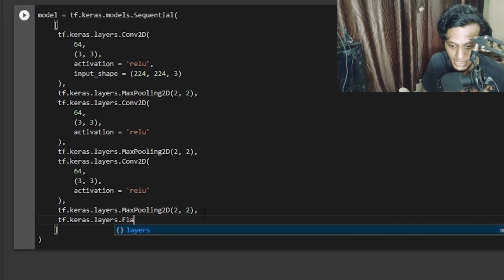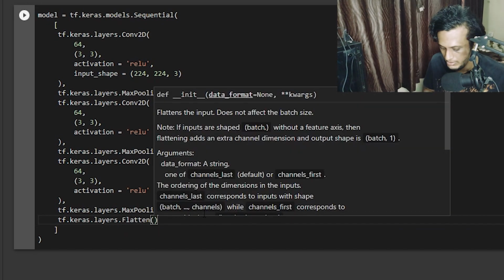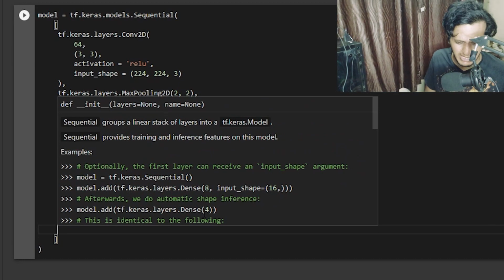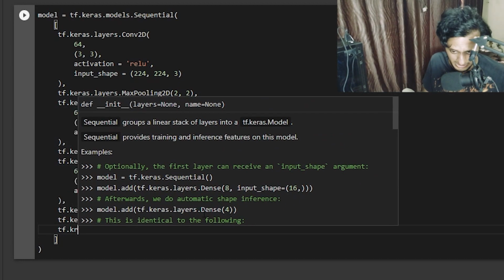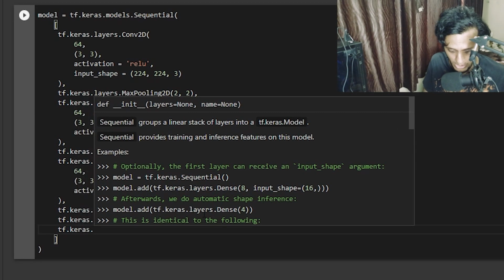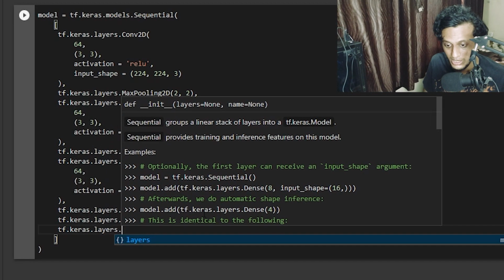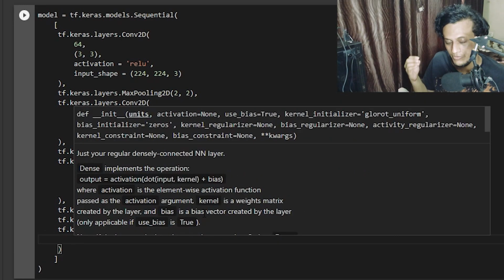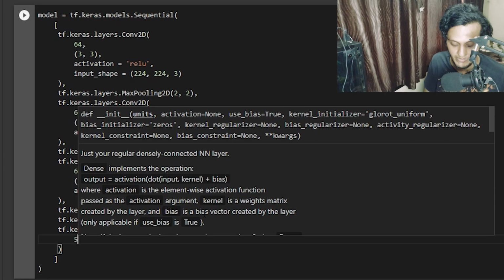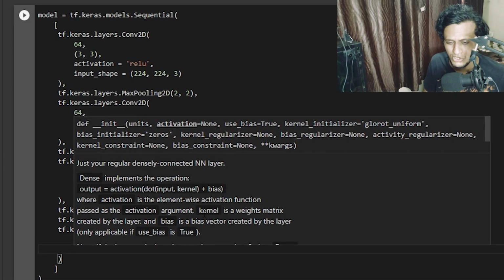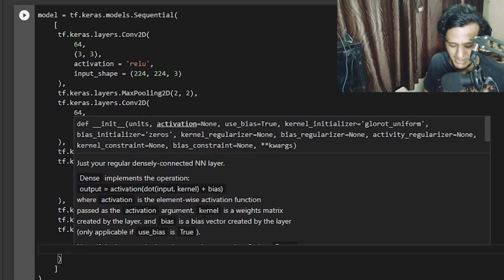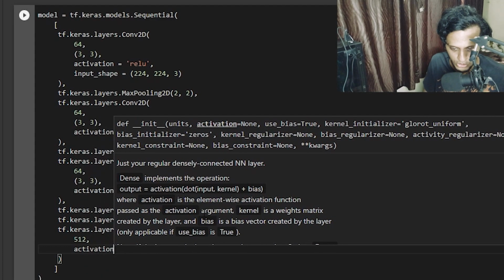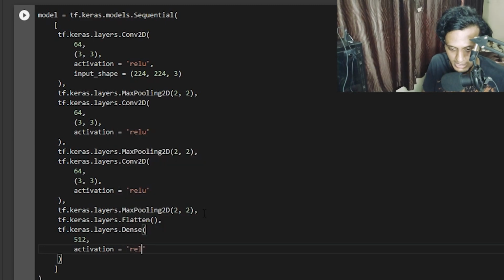Next, tf.keras.layers.Flatten. See, I have explained everything. If you find this overwhelming, please go and check those tutorials. I have made it very easy. And then the next step is tf.keras.layers.Dense. So what is this dense? This dense is a fully connected layer. I'll specify here 512 neurons. You can also put 1024, it doesn't matter much. And activation never gets old, so I'll say activation is equal to ReLU, that is a rectified linear unit.